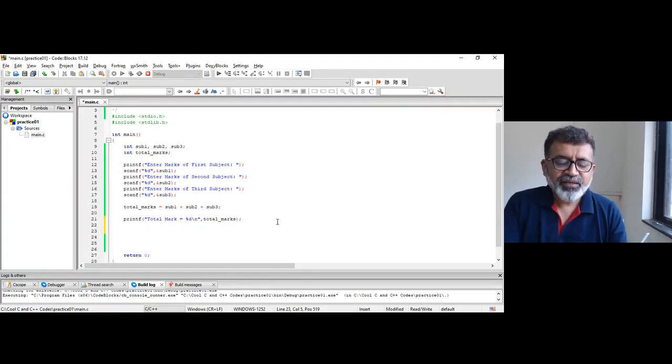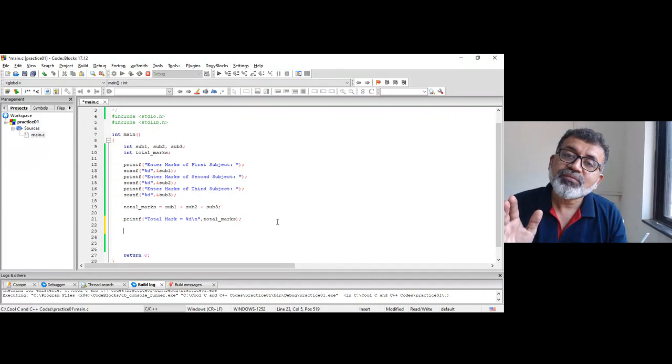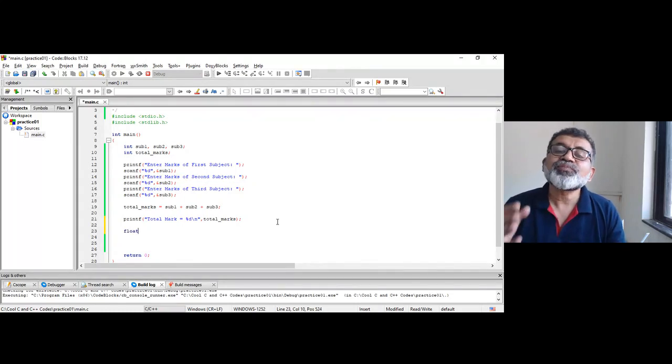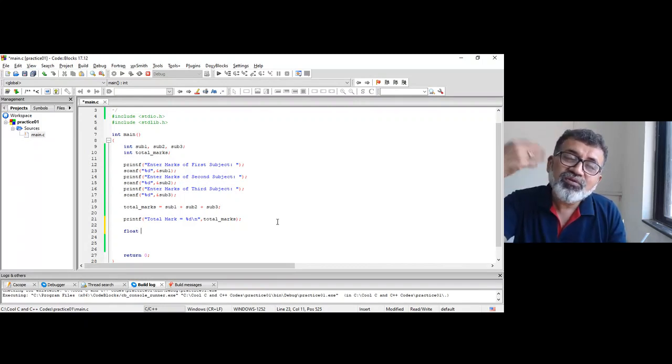If I declare a variable here, the percentile marks is a percentage, so it probably is going to contain a decimal number. For that, you need to declare a variable as a float variable. So that is the programmer's responsibility. That we call the design of the program. You need to think about what kind of variables are required. So float, suppose average, right?